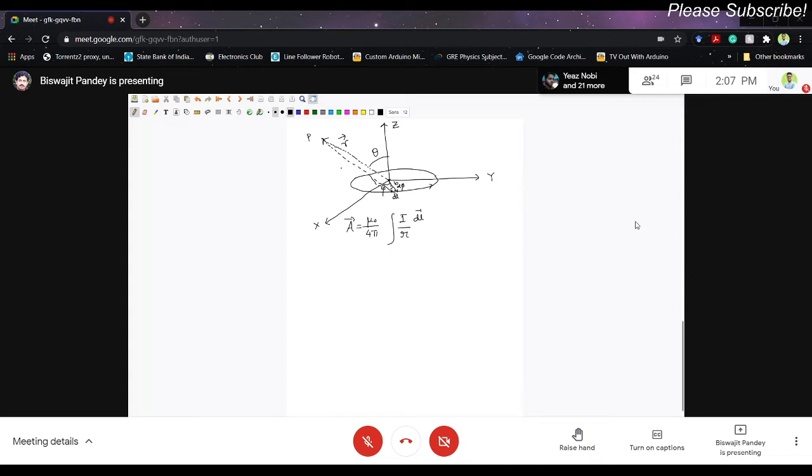This line, this curly R, is the line which joins point P and the tip of this radius vector, B. So this is curly R. This R, B, and curly R make a triangle, right? So you have to visualize it in 3 dimensions.